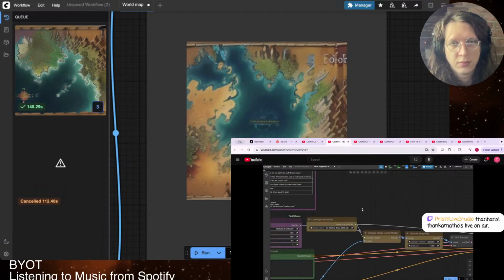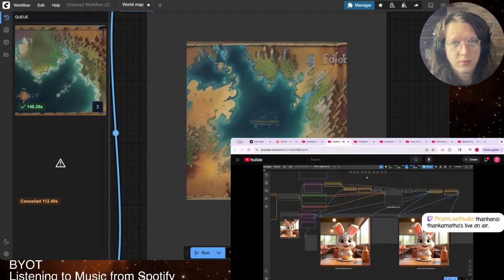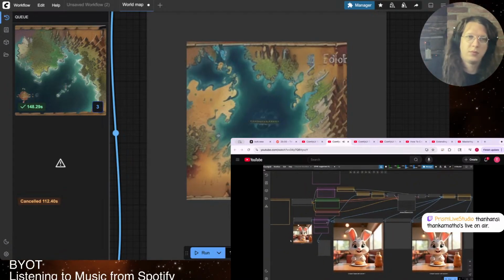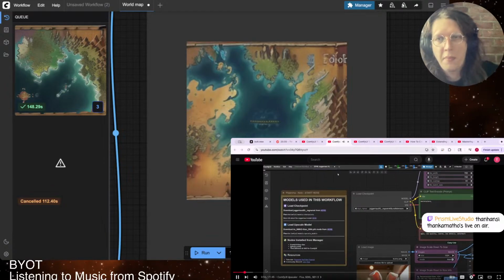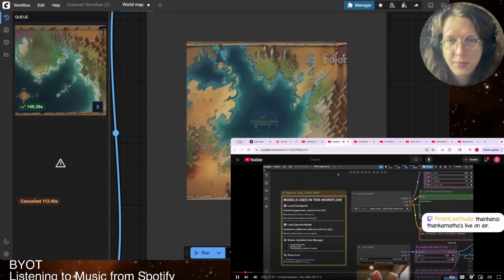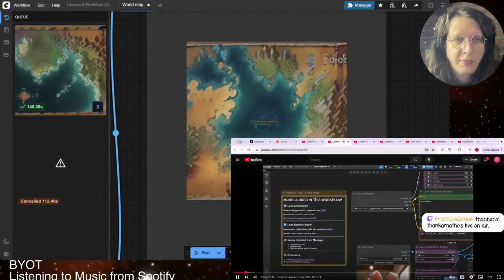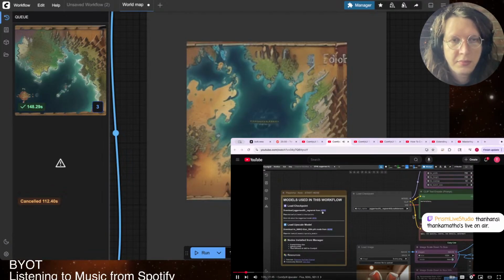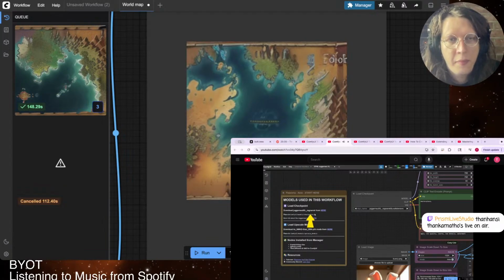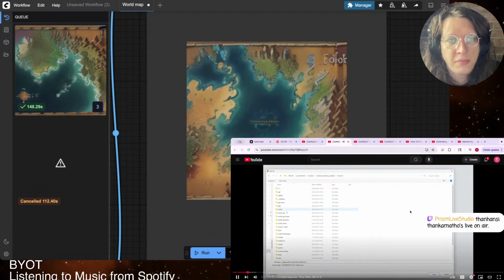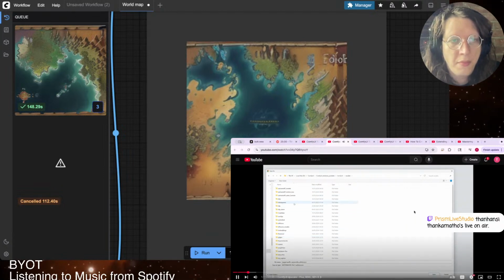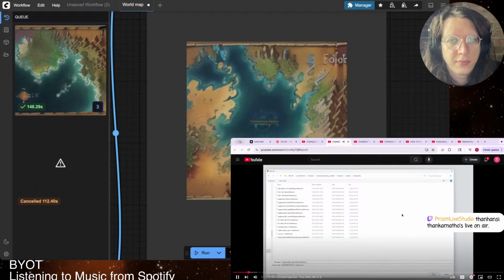Let's start with this simple one that uses an SDXL model. It may look complex, but it will make more sense in a few minutes. I assume you've already watched the first episodes of this series. So you start here, and you have all the instructions you need in this Pixaroma note. You need a model that you can download from here, and you need to place it in the checkpoints folder. Just click on it, navigate to your Comfy UI folder, go to models, and place it in the checkpoints folder. The second